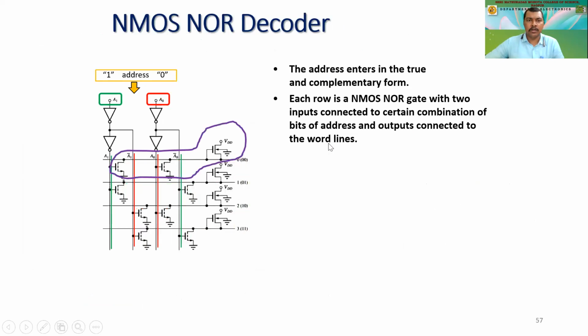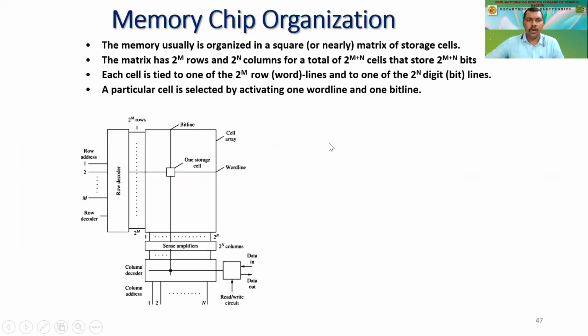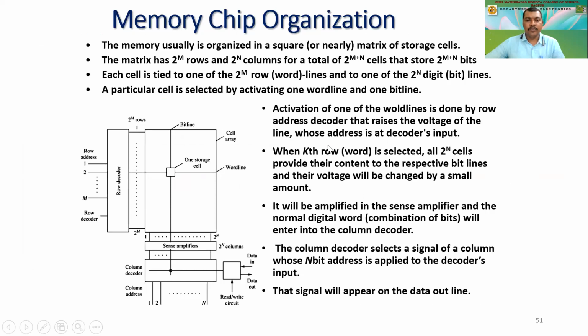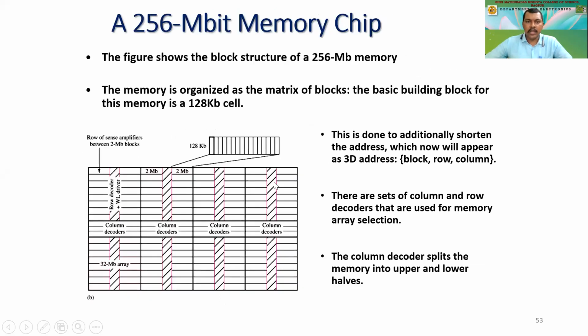So this is memory organization, what we have studied. This is how the memory chip is, and this is the 1-bit cell that we have studied, the 1T cell, and the 6T cell, and this is the word line, and this is the bit line over there. Accordingly, the particular row is being selected, and all the data comes on this sense amplifier, which is decoded over here and is being transferred from data in. Likewise, we can have a 256 megabit memory chip where we are having 128 KB blocks, right?